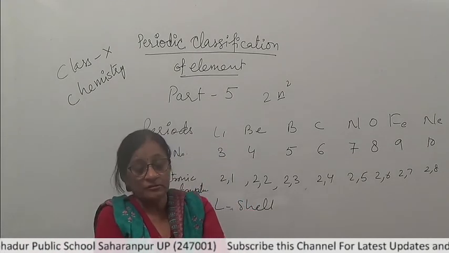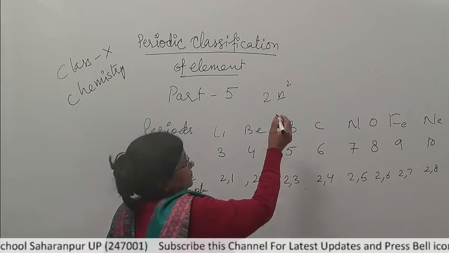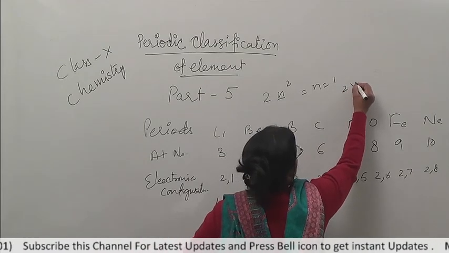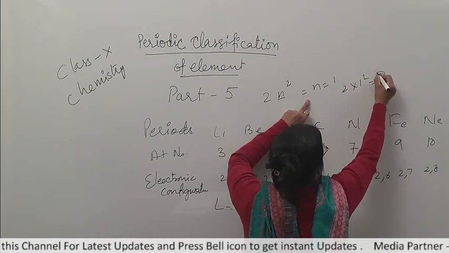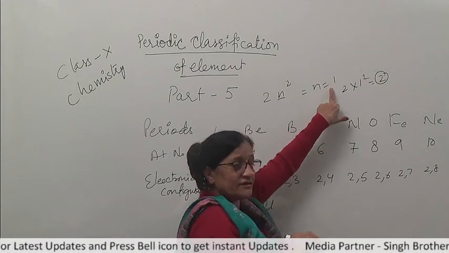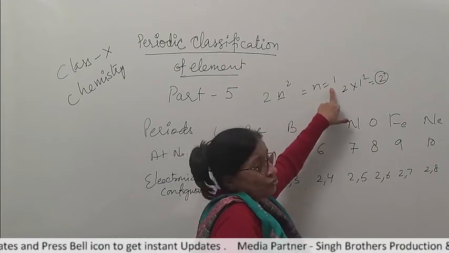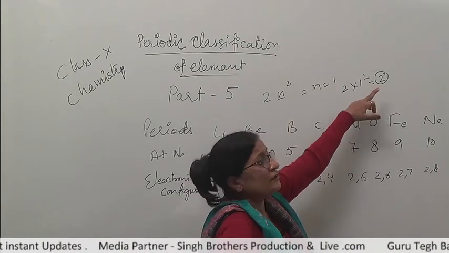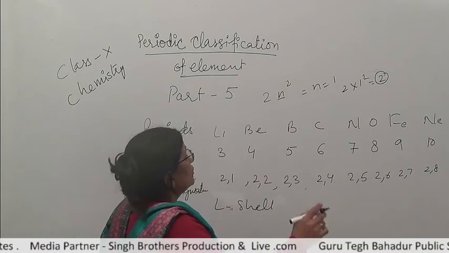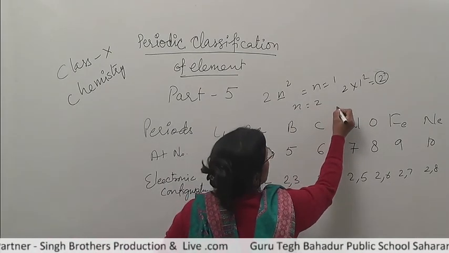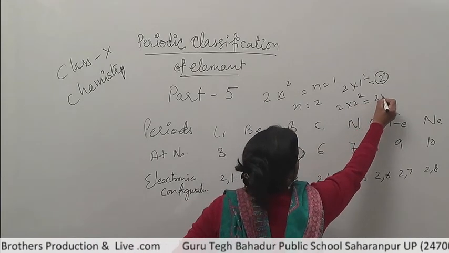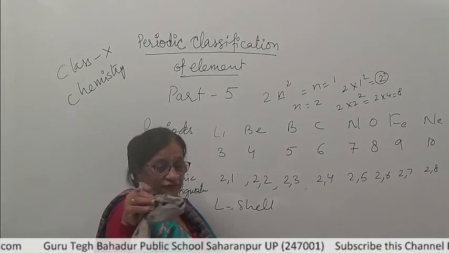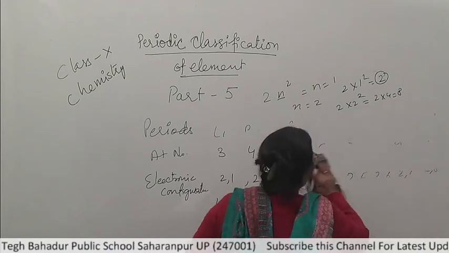So period 1 can accommodate, if we take n equal to 1, 2 into 1 square equal to 2. When n is taken as 1, we are talking about the first orbit, so period 1 has only 2 electrons. If we take n equal to 2, then it is 2 into 2 square, 2 into 4 means 8 electrons. If we take n as 3,